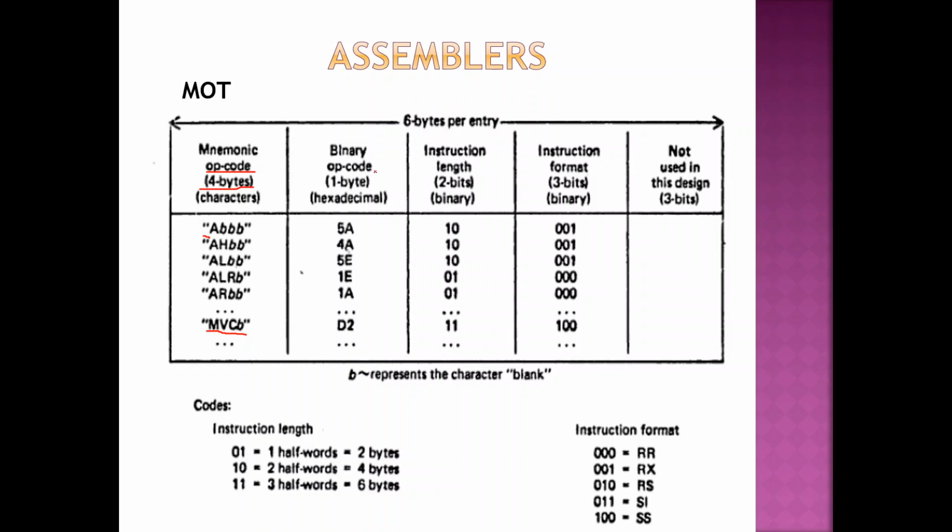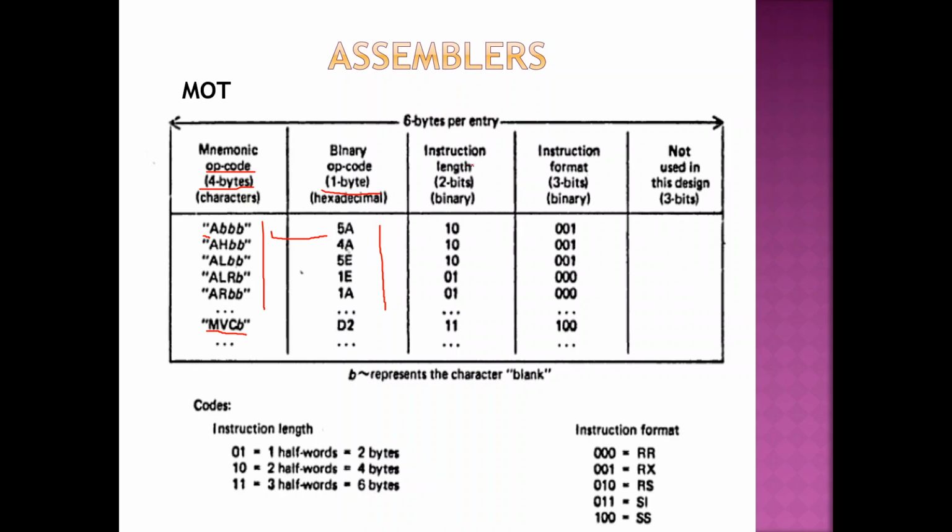What is the binary code? This is nothing but your instruction, this is your opcode. For example, A, we have seen one example, A. The opcode of A is 5A. We get this from where? From the opcode sheet we got it. So this can also be easily predefined. All the instructions will be present here, and all the corresponding opcodes will be present here. So you call them binary opcode. Usually, in the format, opcode is going to take 1 byte. Size for storing an opcode, you will need 1 byte. So it's 1 byte here.